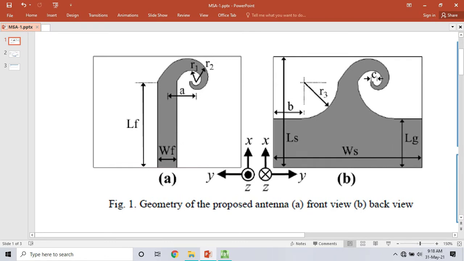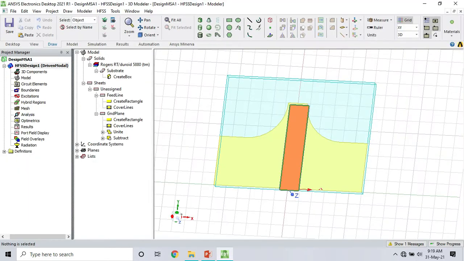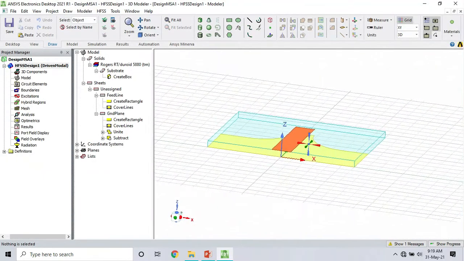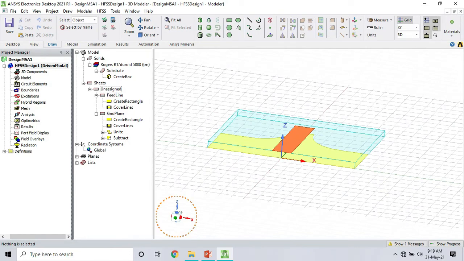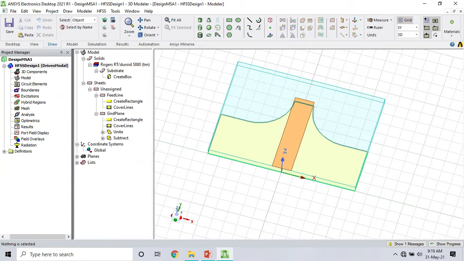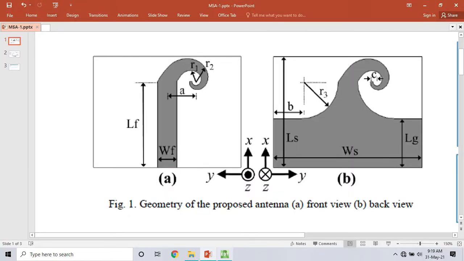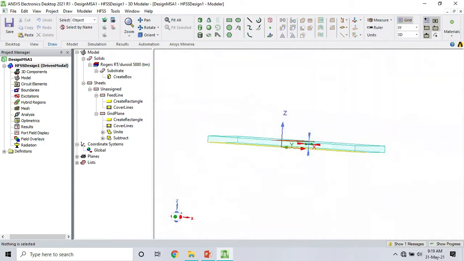What I am going to do is have my new coordinate system centered at this point, then my x-axis along this line, which corresponds to minus x in this design. Why? Because in the global coordinate system, which is the default system, we have our positive x here, but we want our new coordinate system to have x-axis in this direction that corresponds to minus x of the global coordinate, and we want to have our y in this direction which corresponds to negative of the y we have here, right?